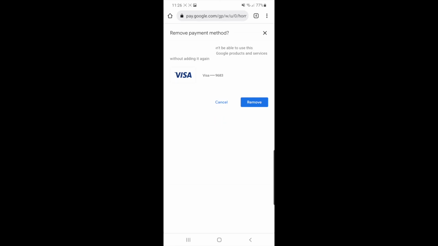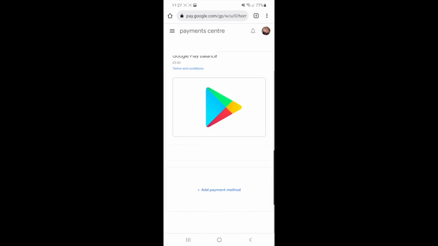So scroll down to find the one you want, and once you are happy, you can click on the remove button. Once you click on remove, you can now confirm it by clicking the remove button again. And then once you click on that, as you can see, that has now been removed from my Google Play Store. So it's just simple,